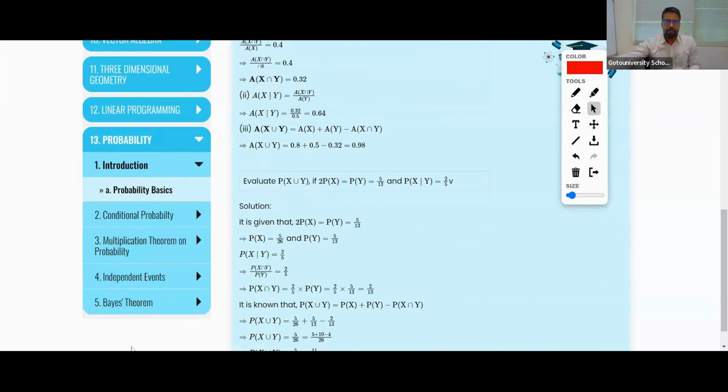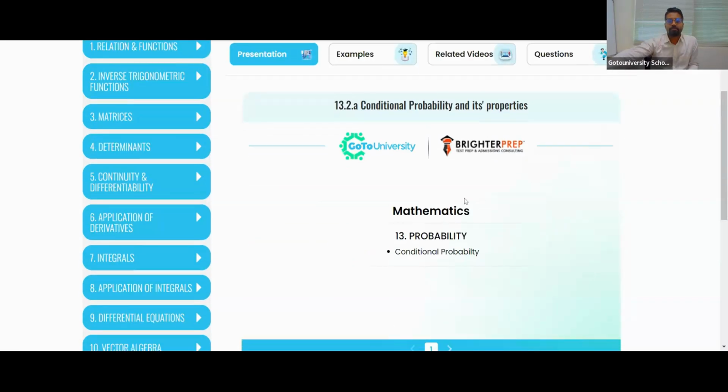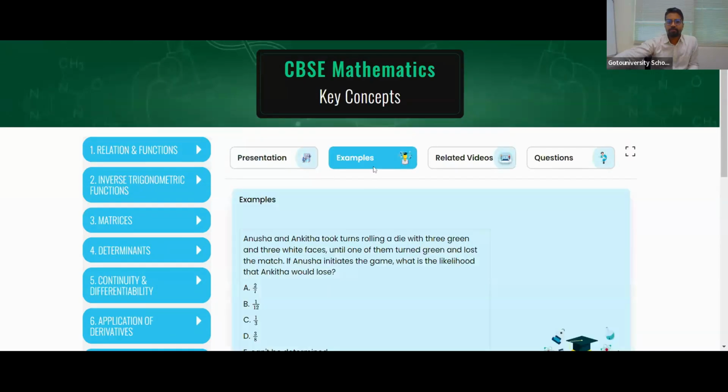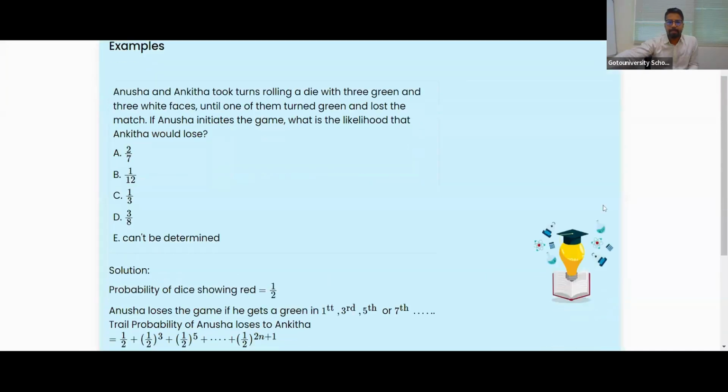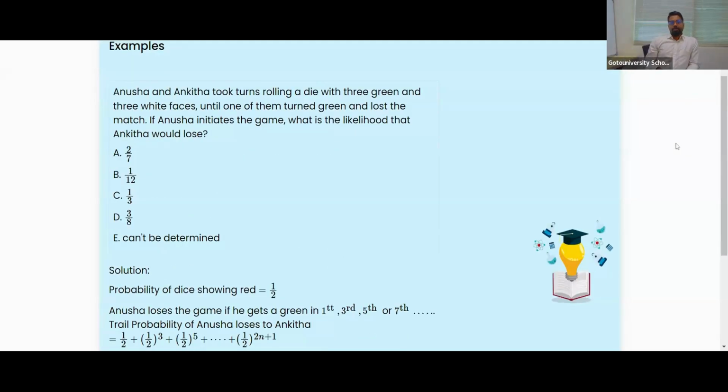Let's solve some more solved examples. Let's check under conditional probability. Can you please read this question quickly? Anusha and Ankita took turns rolling a die with 3 green and 3 white faces. A die has 3 green and 3 white faces, right? Just remember,